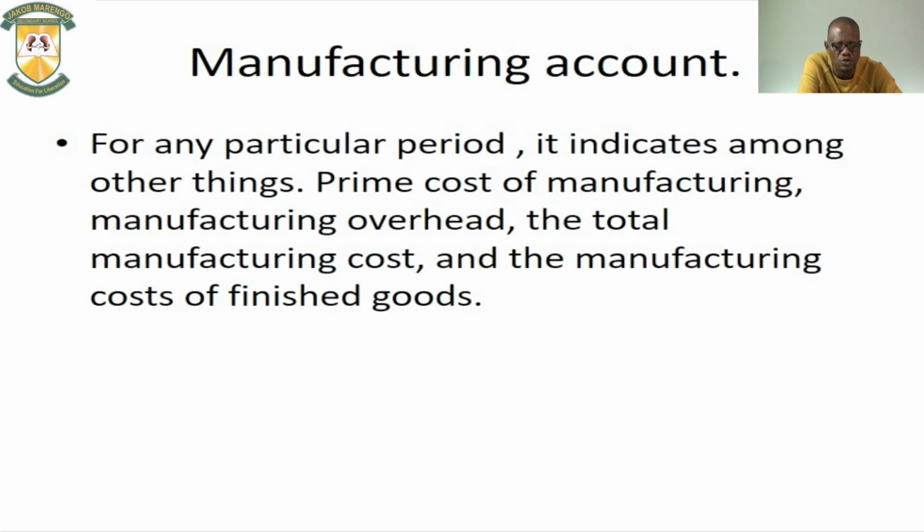This one relates to anything that is manufactured. That is why I use bakery as an example, the bread. The cost of manufacturing a unit of bread will determine how much you are going to sell. Because when you know the cost of production, then you put your markup and know your selling price. So that is why I said it is also an accounting statement which summarizes the main items of manufacturing costs with a view to determine the cost of finished goods manufactured.